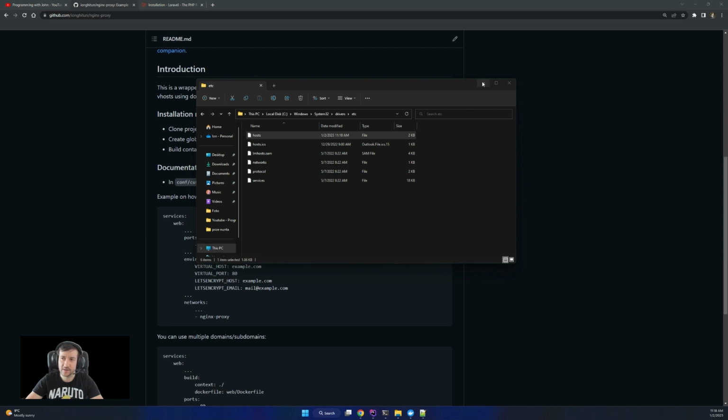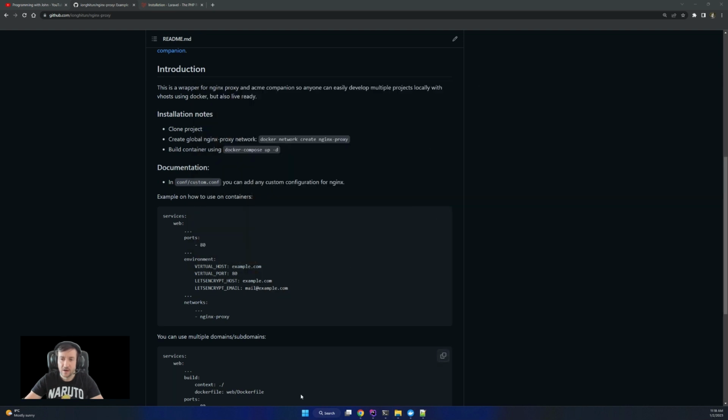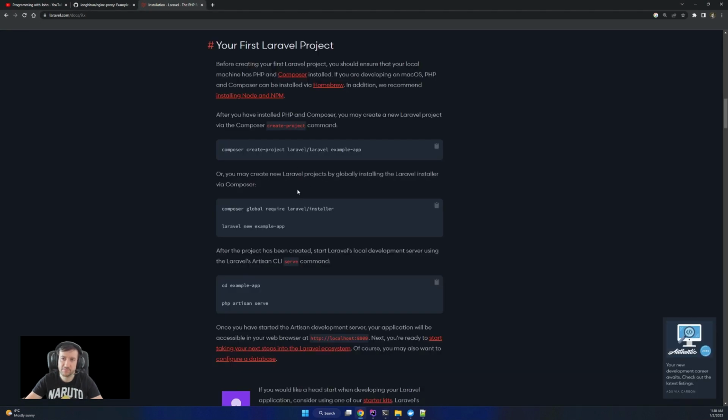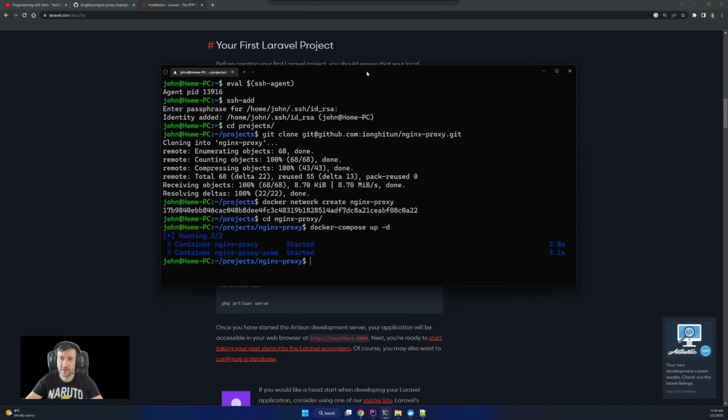In the next video we're gonna build the Docker Compose for our Laravel application. Let me actually clone the Laravel application as well with you. So going to the Laravel docs, we have this composer create-project, like I showed you last time. We want to run that from the projects folder, but from the PHP container.